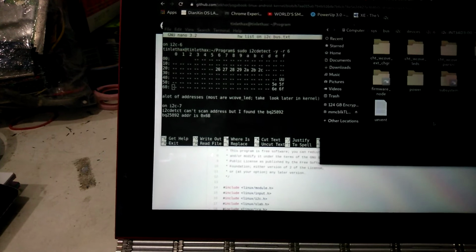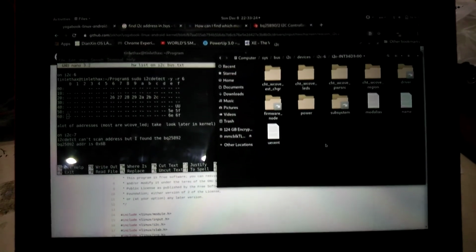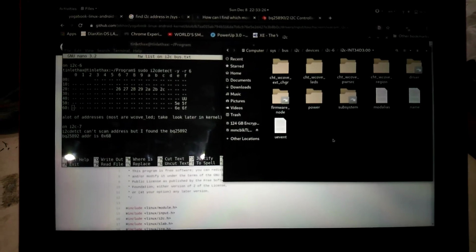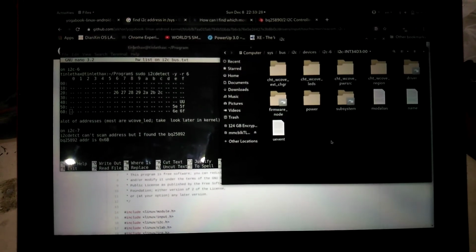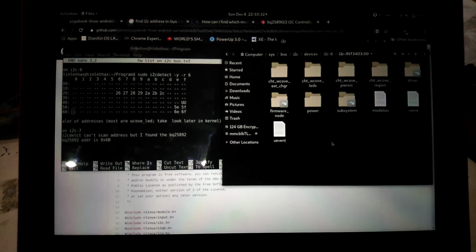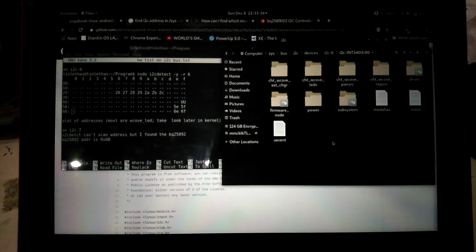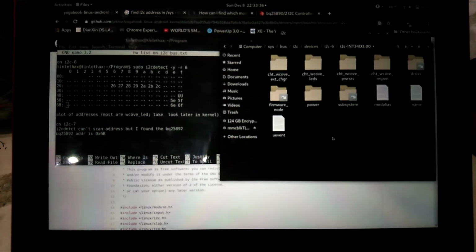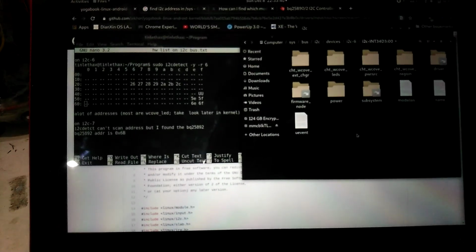When I open up here and get into the folder, we have CHT Whiskey Cove X-Powers charger, CHT Whiskey Cove LEDs, CHT Whiskey Cove power source, CHT Whiskey Cove region. This might be one of these